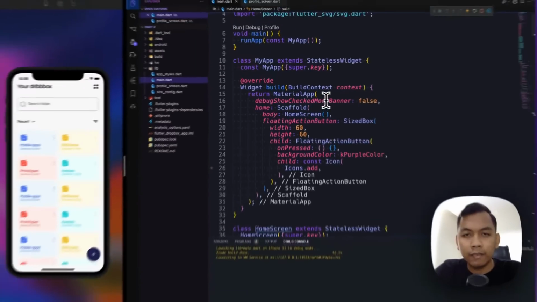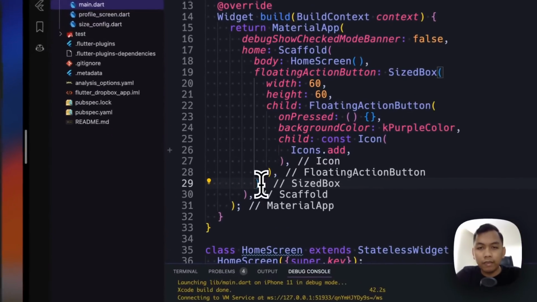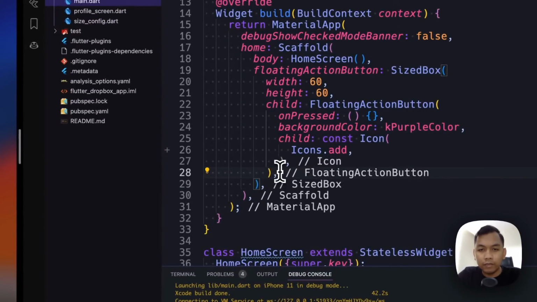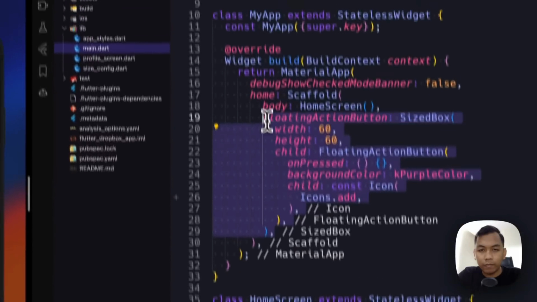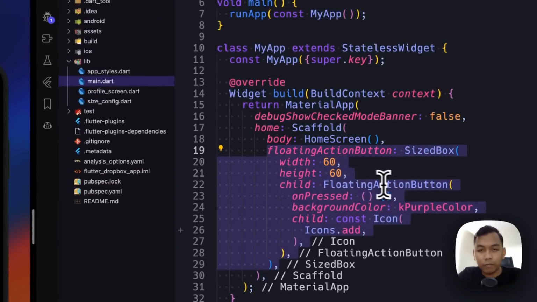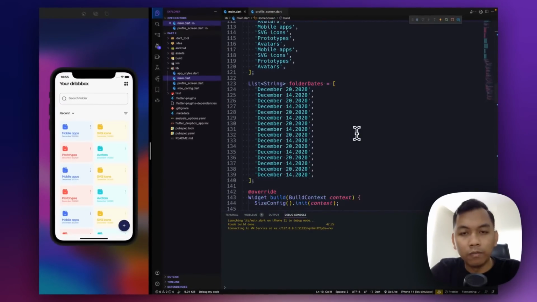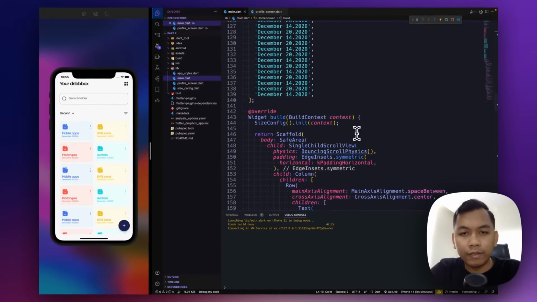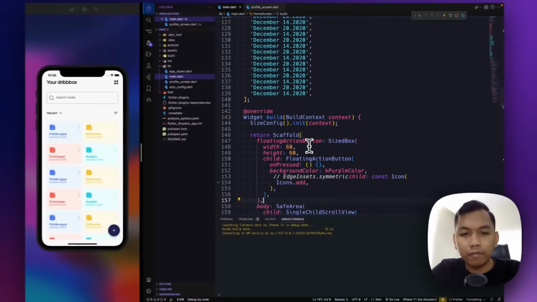Look like this, and we will move this floating action button into our home, which is inside this scaffold.